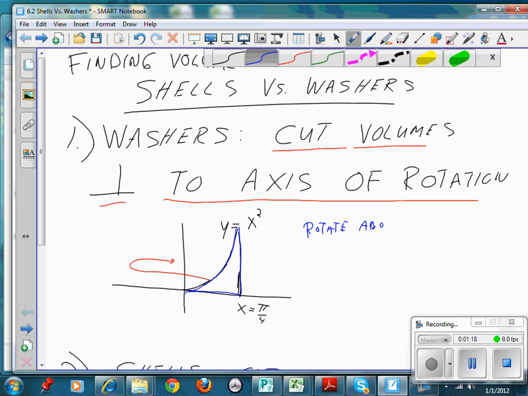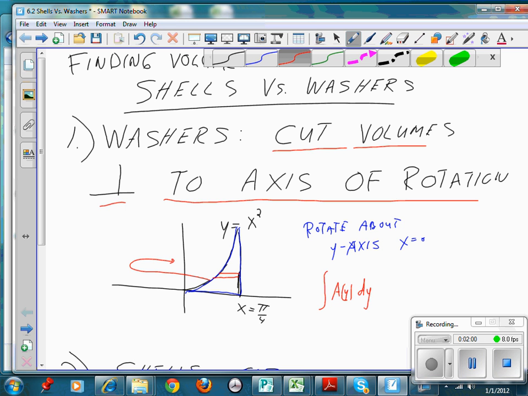about the y-axis, that would be x equal to 0. Okay, so you could do that. And now, the thing to remember, you cut perpendicular. So I need to make my cuts, and my cuts are like this. If I want to use the disc or washer method in this case, I've got to do what? I'm integrating a of y